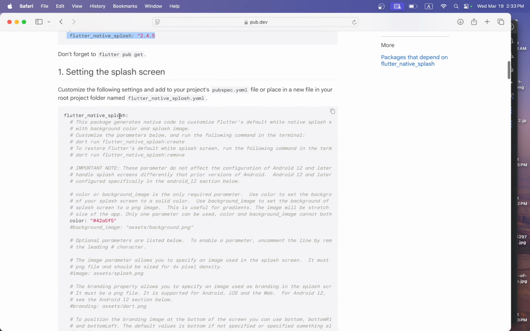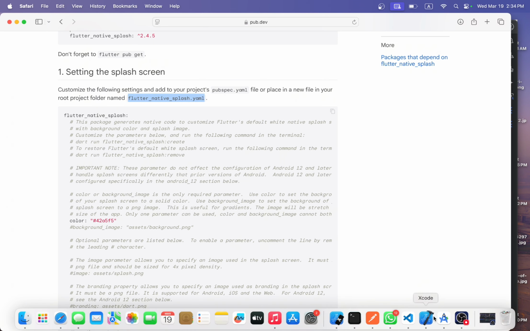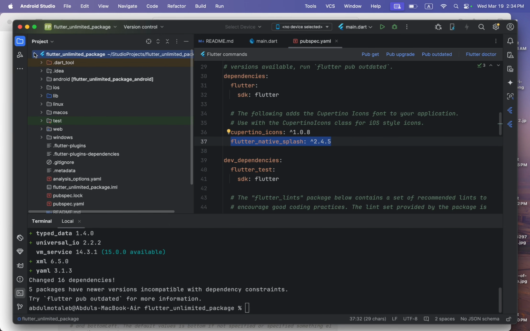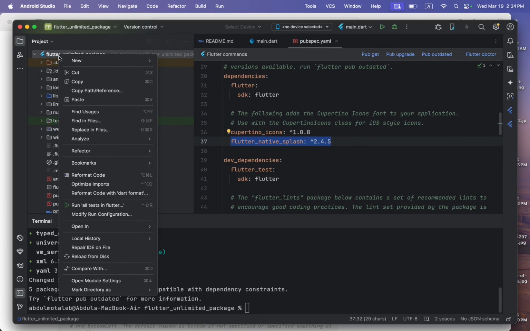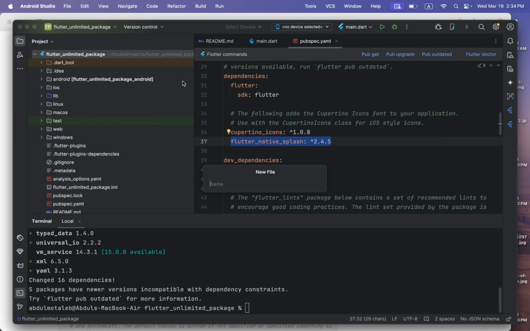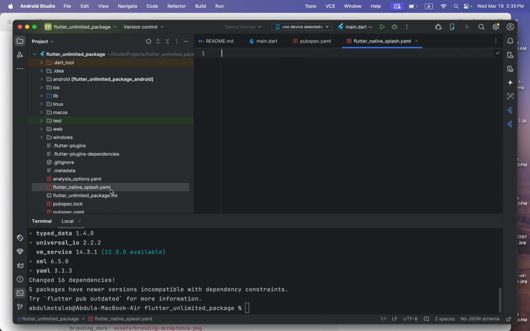Second step, we need a Flutter skin here in your project's pubspec.yaml file, and a new file in your root directory, and this project's folder name Flutter native skin. Copy the name, go to your Android Studio and go to your project file, here's new and the file, and paste here. Okay, and go to our Flutter native